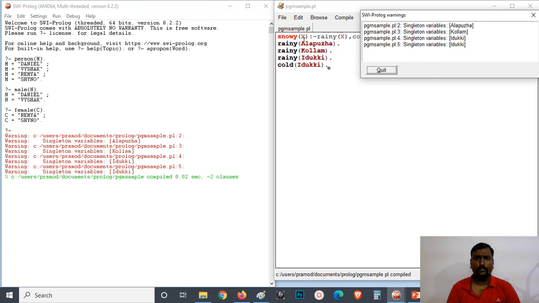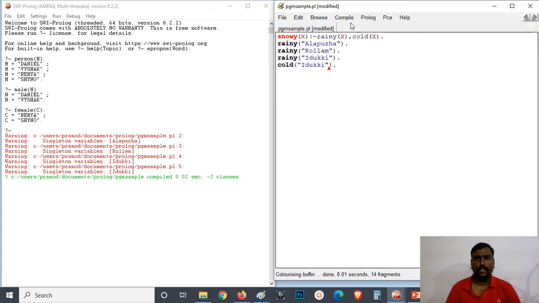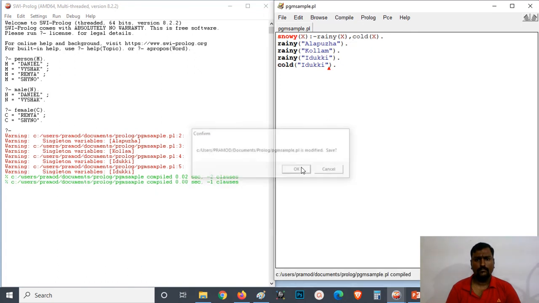It shows this because I have used an uppercase letter for Alappuzha, Kollam, Idukki, and an uppercase letter denotes a variable. I have to either put it in double quotes or make it lowercase. So I have made that change. If I compile again, it will not show any more errors. It is compiled successfully.